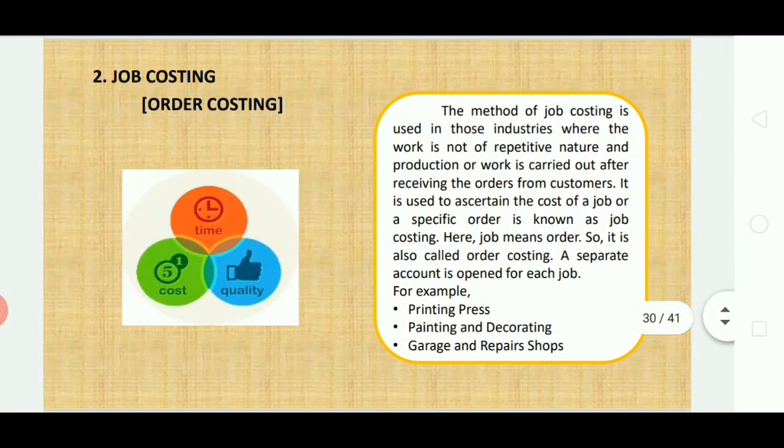Second one, job costing. The other name of this method is order costing. નામ પરથી જ ખ્યાલ આવે that first you will receive the order and then you will go for the production. First તમને પહેલાં ઓર્ડર મળે છે કોઈ પણ પ્રોડક્ટનો અને પછી જ તમે પ્રોડક્શન સ્ટાર્ટ કરો છો. Try to understand. The method of job costing is used in those industries where the work is not of repetitive